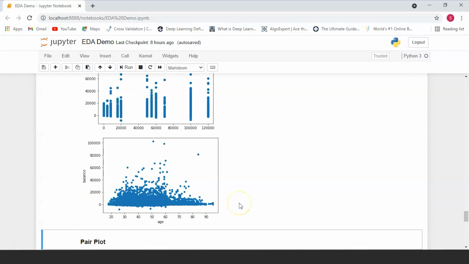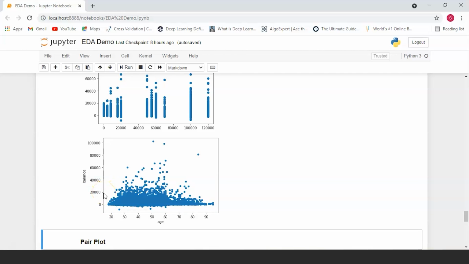Now, what are some insights that we can draw from this comparison between balance and age? So again, this gives us a better insight than this, because we get to know that a majority of people, irrespective of their age, have a bank balance ranging from 0 to 20,000, which means that they don't keep much in their banks.